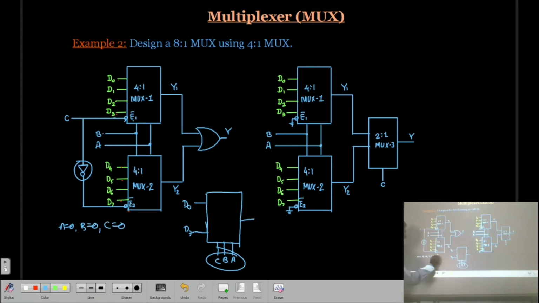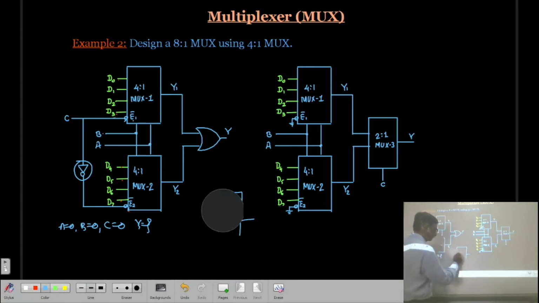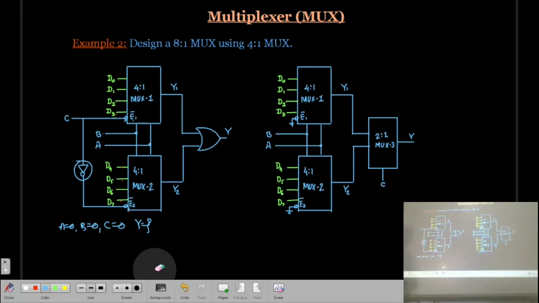So remember, when we have A equal to 0, B equal to 0, and C equal to 0, what will be the Y? So here you can verify. A is 0, B is 0, then naturally D0 will be selected here.